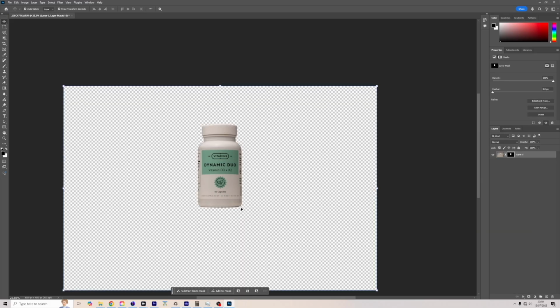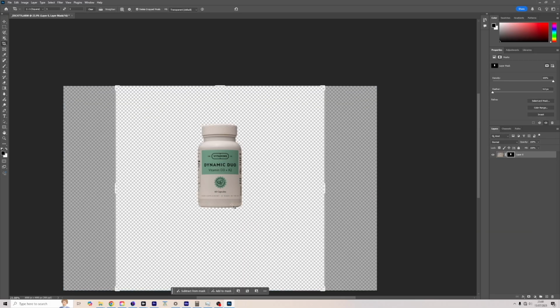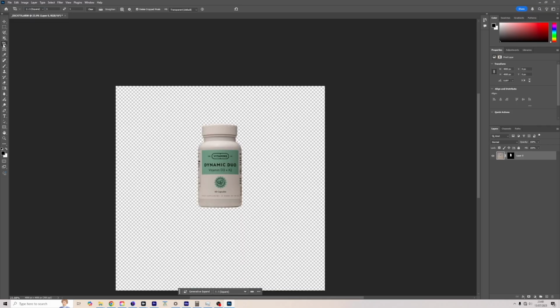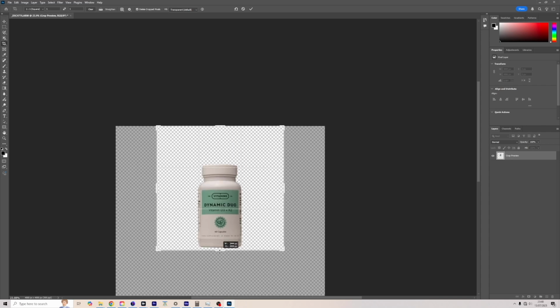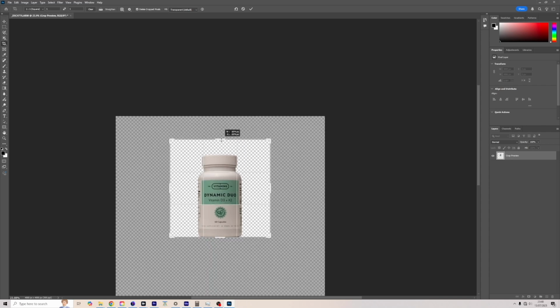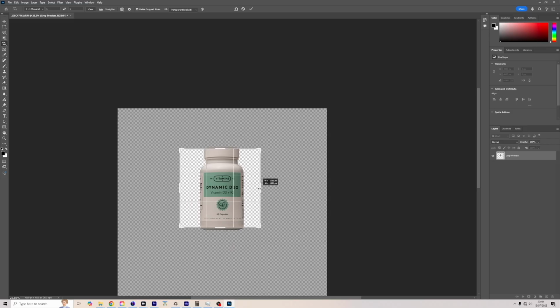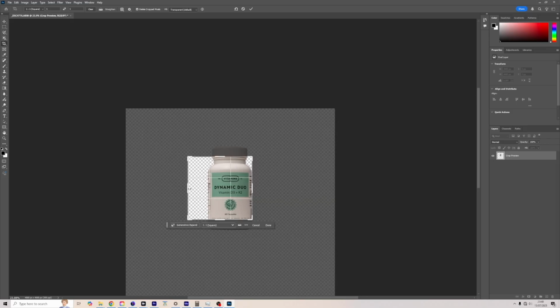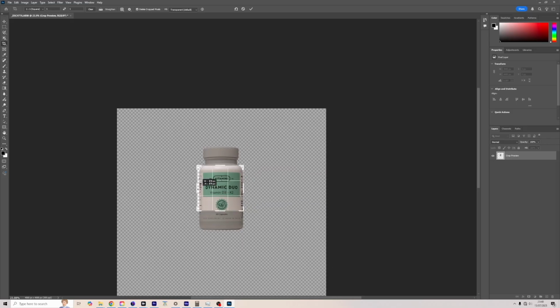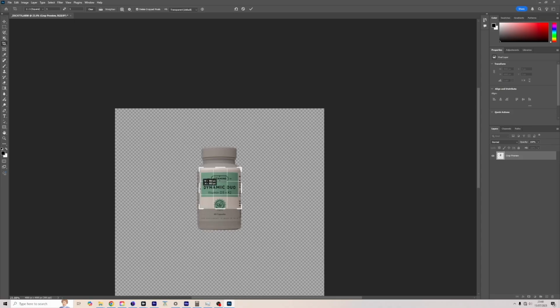One of the final steps I want to do here is to crop the image. So making sure I've got a square crop, which I can select from up here, I'll go to crop here or press C and that'll give me the crop tool. And I'm just going to drag this in. So if I drag them all in on the product like this, on each side, I can guarantee that my selection